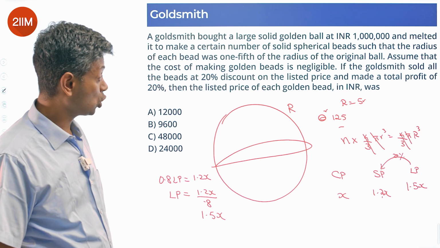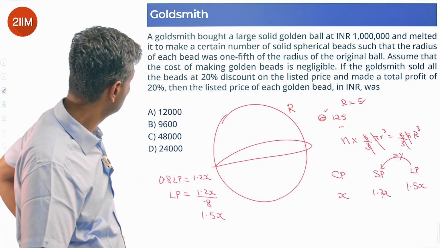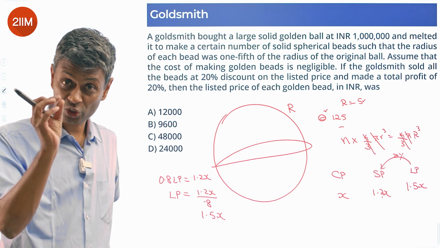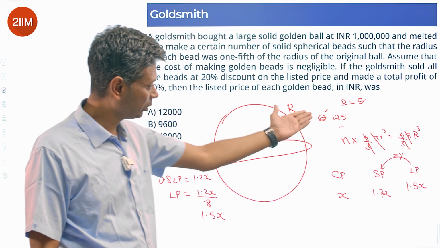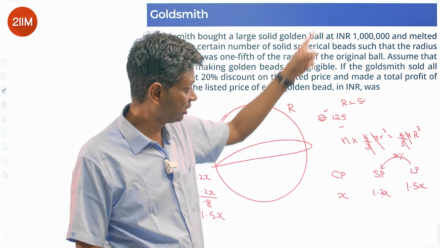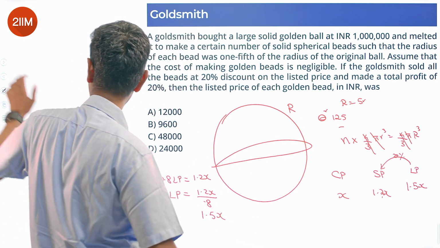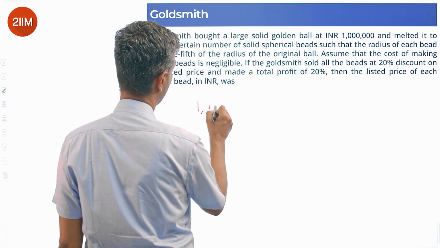Lovely. Now we want to find the listed price of each golden bead, the small one. How many of those are there? 125 are there. What is the cost price of each of those? The big cost price divided by 125. Why? We are making 125 small beads. So what is the answer we are looking for? 1 million